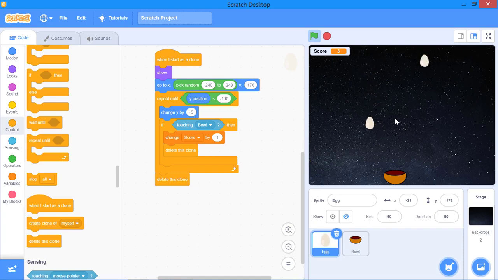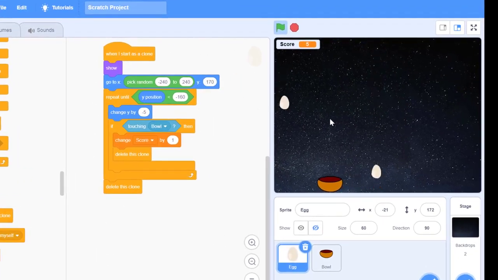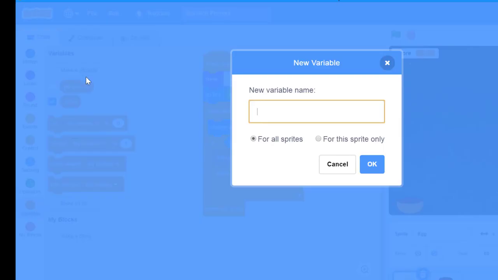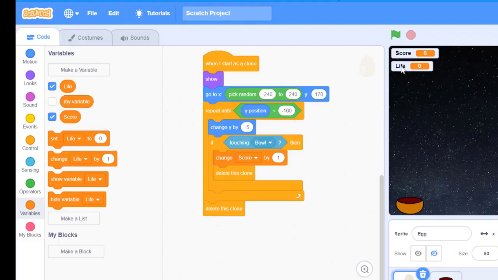So to make this game a little bit interesting, what I can do is I can add the number of lives or number of tries that a player can get. So at the moment, even if I let this egg fall down, it doesn't do anything, and it doesn't make this game any challenging. So therefore, what I can do is I can create another variable which will store the number of lives. So for that, I will go to variable, and then I will create another variable called life, and then here I will adjust this life somewhere here, and then like the score, when the game starts,